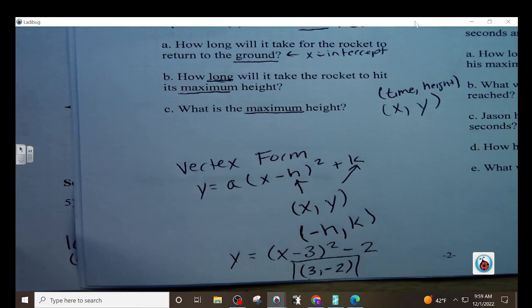And, guys, I'm trying to think if there's... Make sure you know how to... I think there's one question on there. Make sure you know how to factor when A is not 1. All right? And if you need me to do one of those a little bit later, I will. Okay? All right, so guys, I'm going to